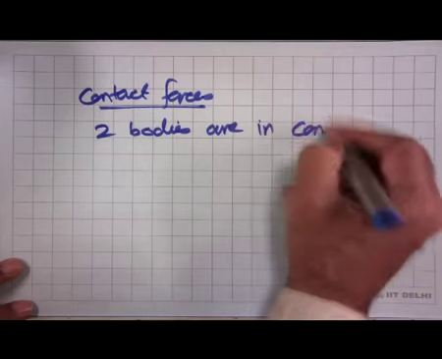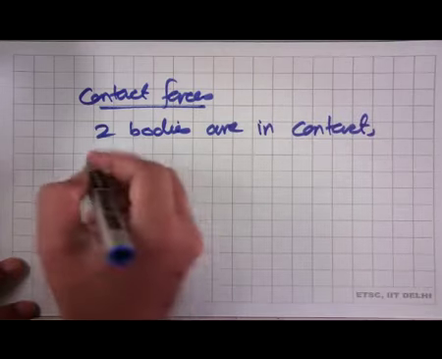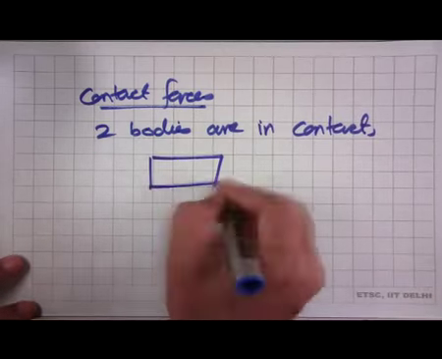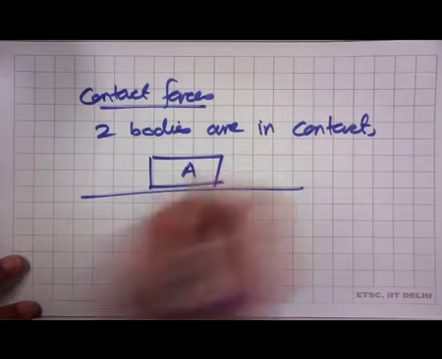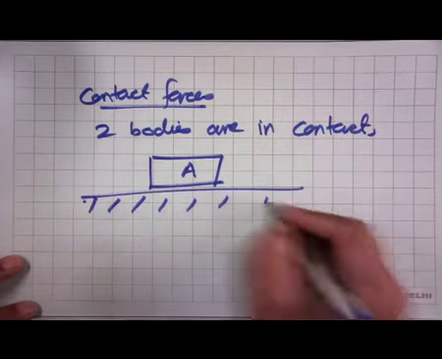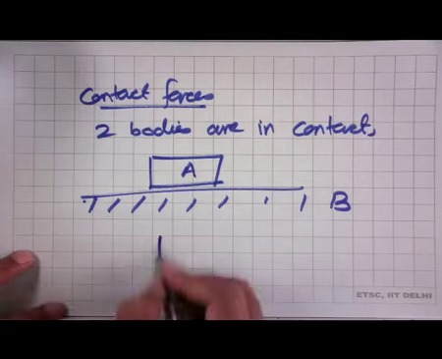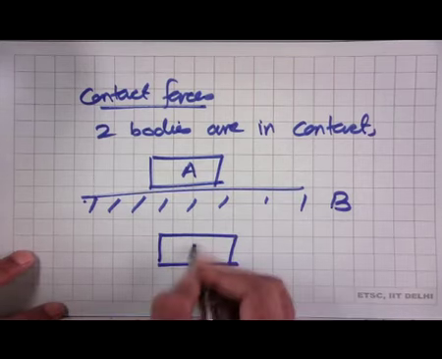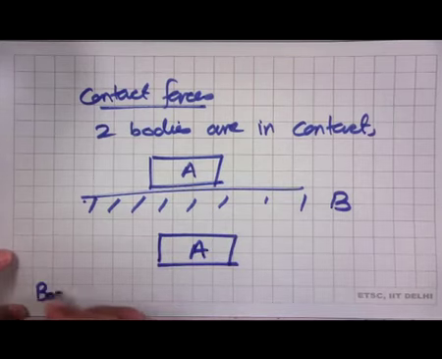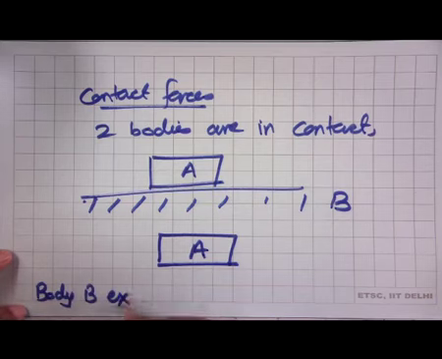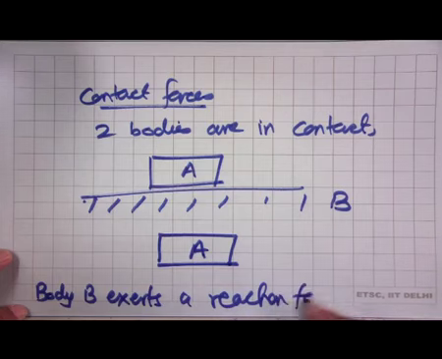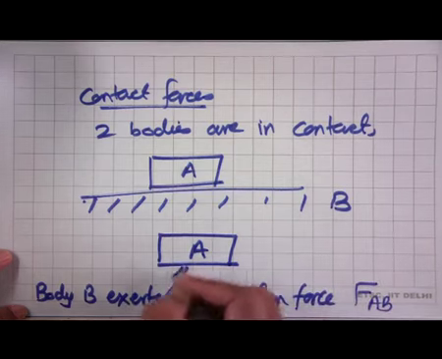If two bodies are in contact, so let us say this is body A, this is in contact with body B, then on body A, the body B exerts a reaction force, we called it force on A due to B,